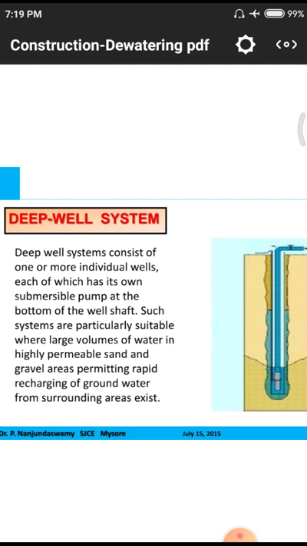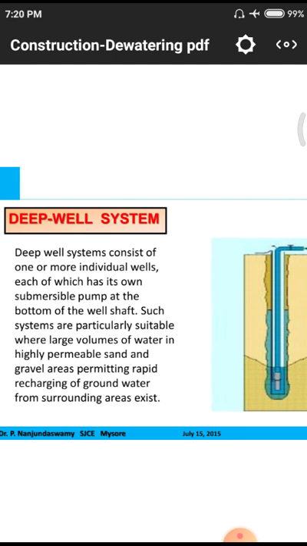That means at different points we need to drive these wells and extract the water from the wells. That is the main criterion for one or more wells. One is sufficient for a small land area and less water available in the substrata. More wells will be used whenever we have a huge area and a huge amount of water